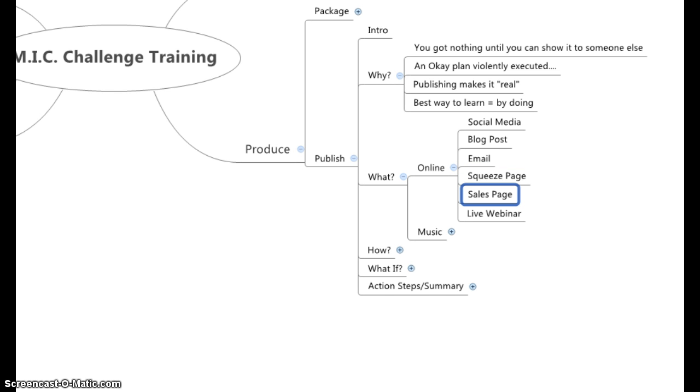Sales is obviously another extreme. A lot of musicians don't feel comfortable. I mean, a lot of people in general don't want to sell. Selling has a very bad rap. Asking for money, people do not like that. So obviously publishing a sales page is going to be that next level of